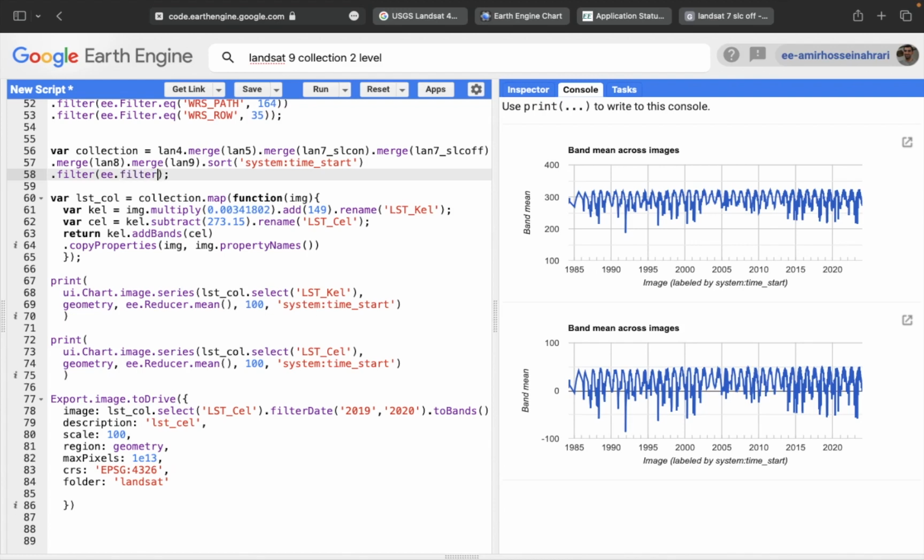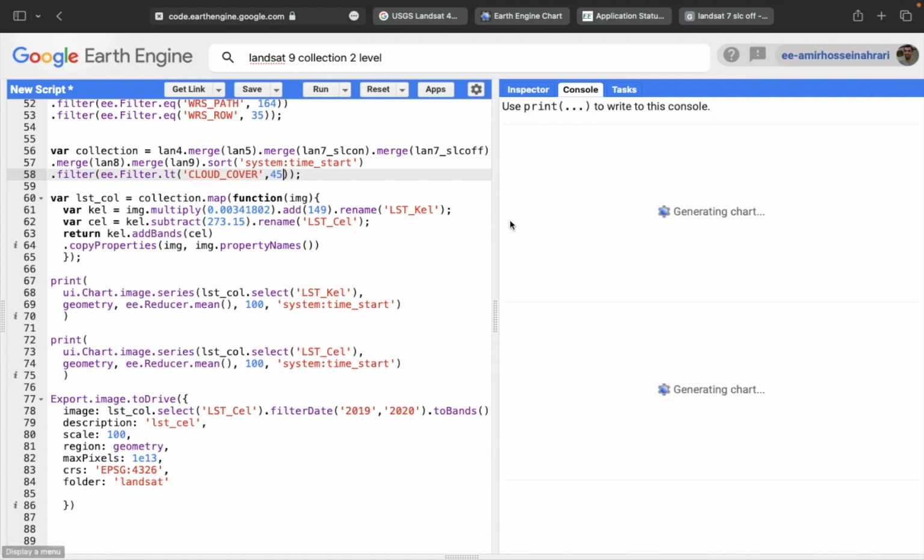I make a less than filter because I want all images with cloud cover less than 45%. So less than, the property name is cloud cover, less than 45%. So run the code again,